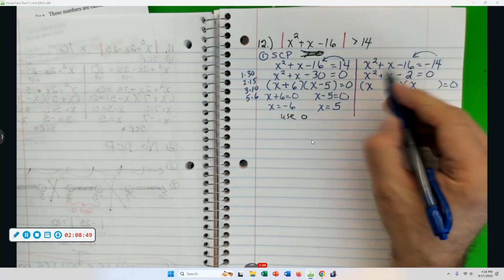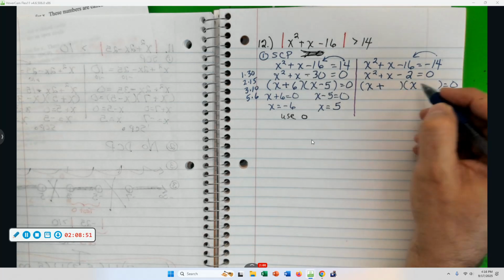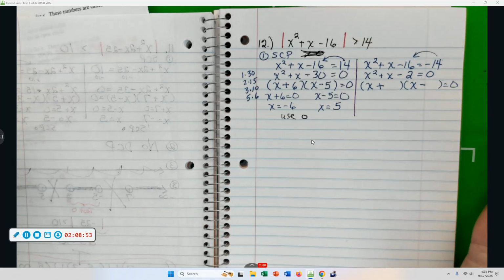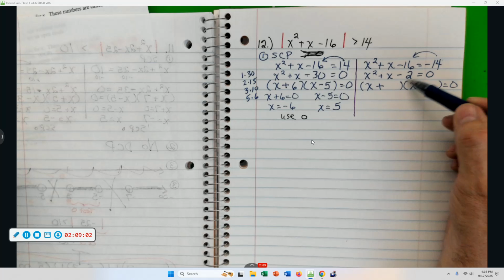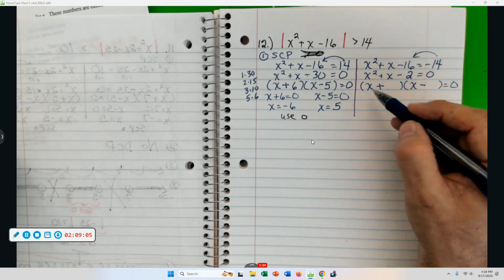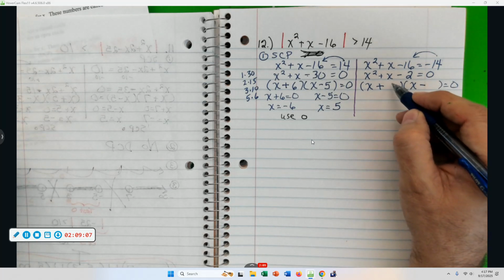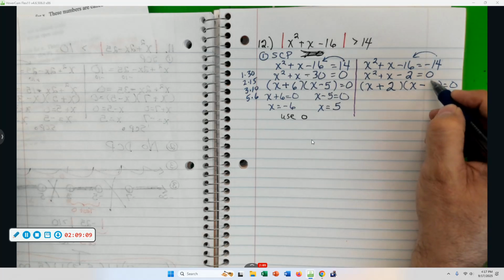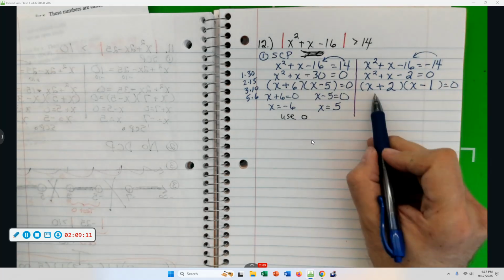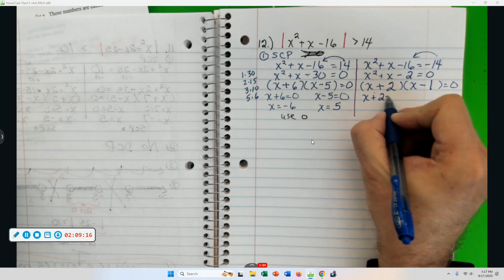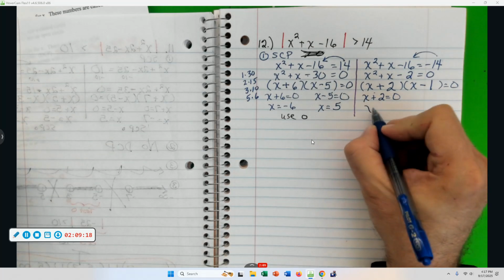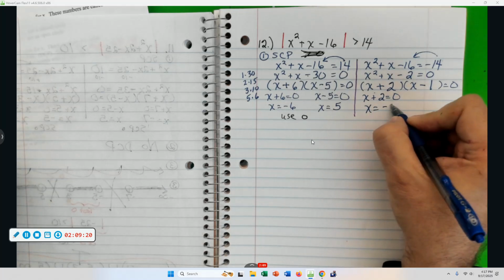Second sign is minus, so it's another plus and minus. Now, the only numbers that multiply together to give 2 are 2 and 1. So what's going to go after the x plus, the 1 or the 2? The 2 and then the 1, I agree. So we're about to get 2 more solution cut points. So we get x equals negative 2